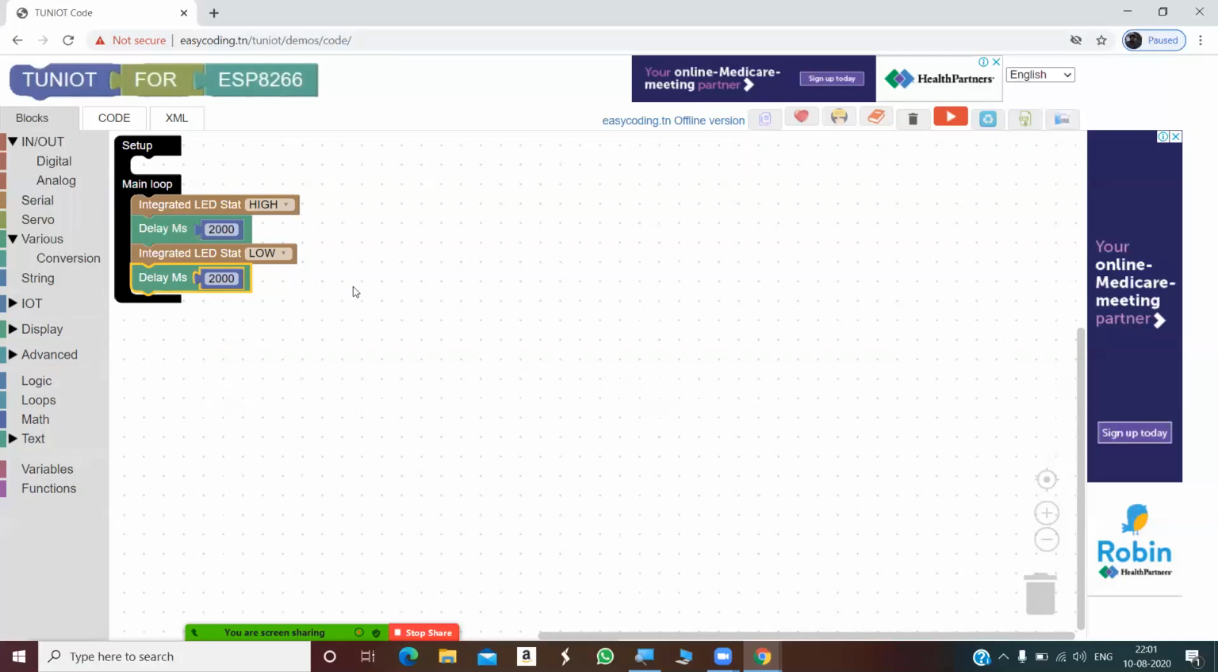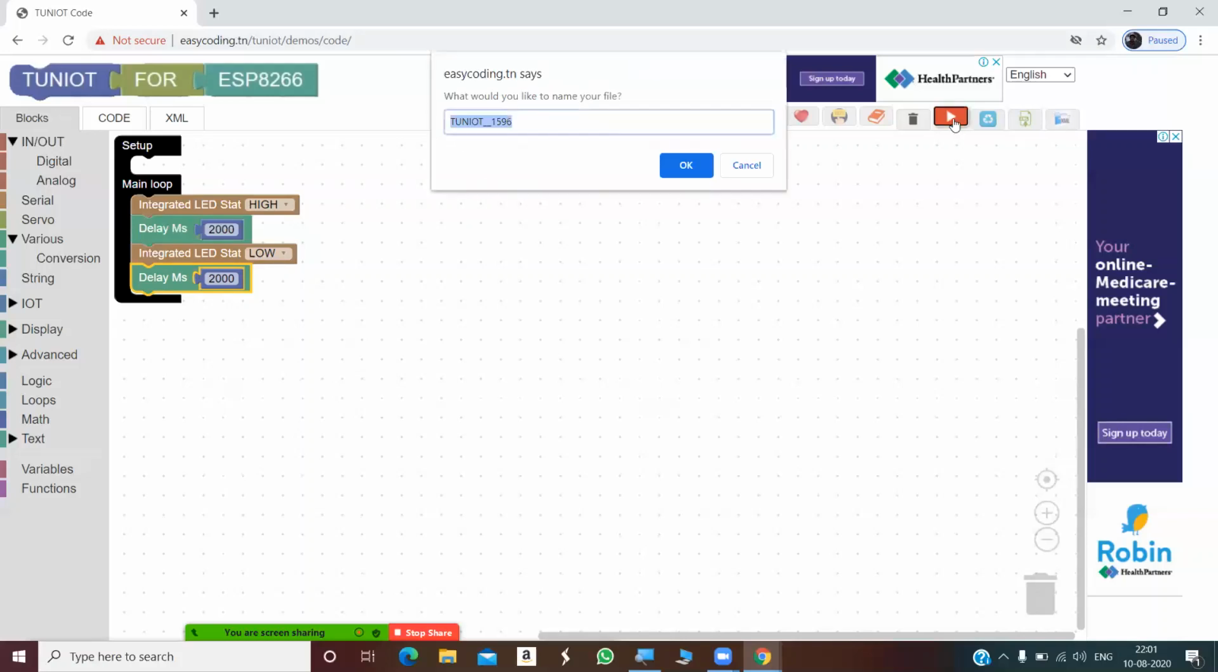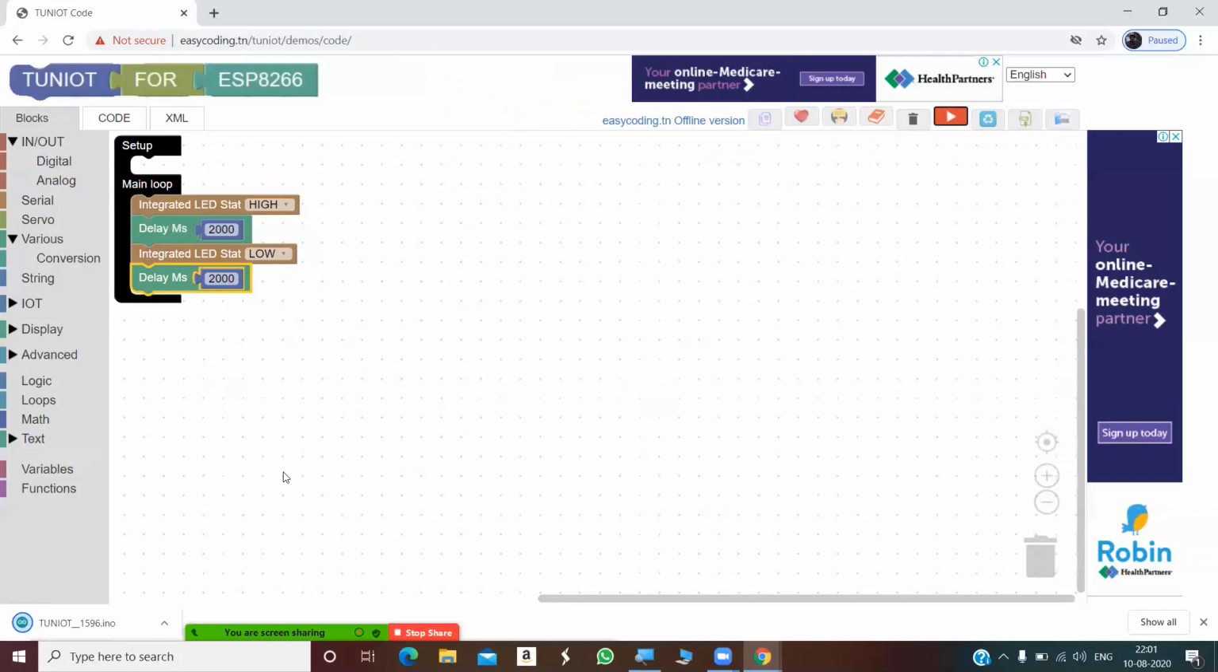You can even directly get the Arduino file by clicking run. You can see the run option here. This is to run the program. So click the run option. Then it will ask you to rename your file. So you can name anything or keep it as it is. Click OK. So as soon as I click OK, at the bottom of my browser, you can see